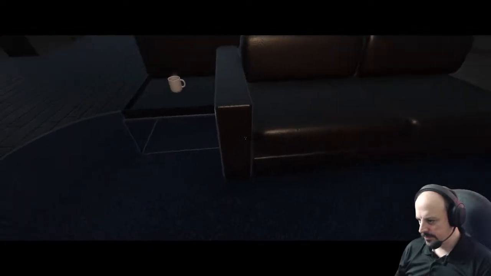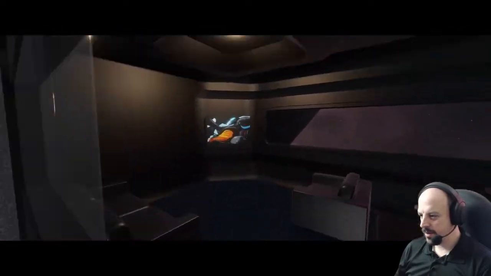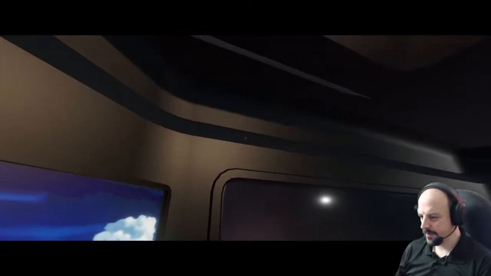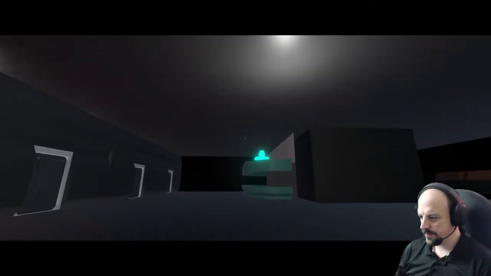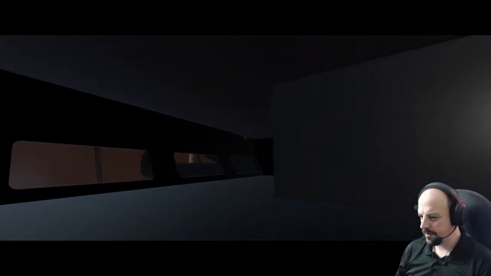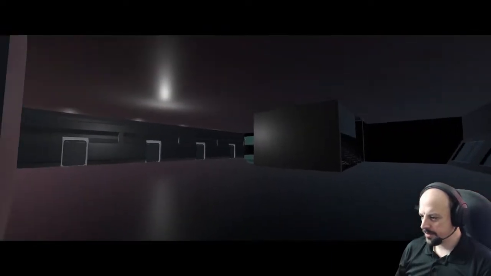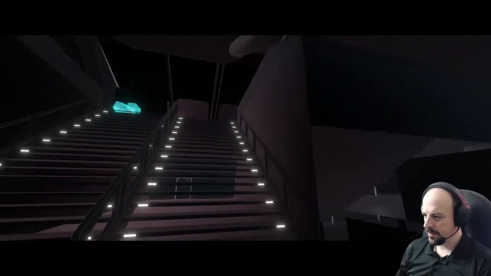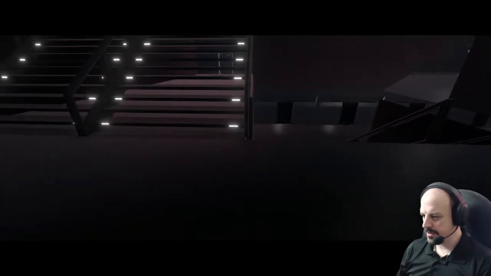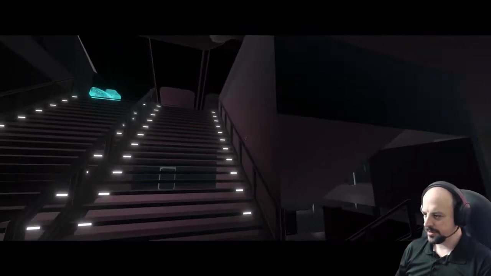Oh my god, the carpet looks so good on the build. It's so good. It's so close to being done to what I want it to be. It's kind of crazy. Yeah, I'm gonna finish this hallway. The gray box for all this is fine though. I'm gonna do some pillars here to visually separate. Even though it'll kind of block the stair, I think there'll be some type of stronger separation between them.